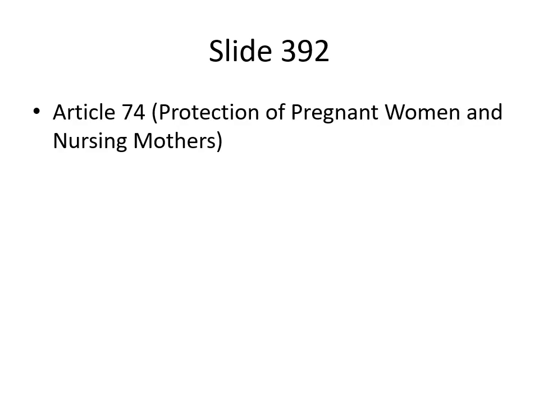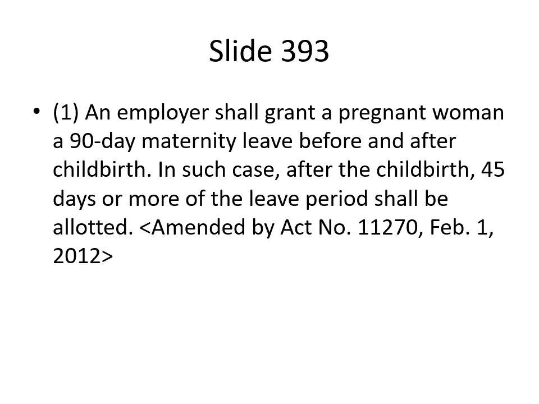Article 74. Protection of pregnant women and nursing mothers. 1. An employer shall grant a pregnant woman a 90-day maternity leave before and after childbirth. In such case, after the childbirth, 45 days or more of the leave period shall be allotted. [Amended by Act No. 11,270, February 1, 2012]